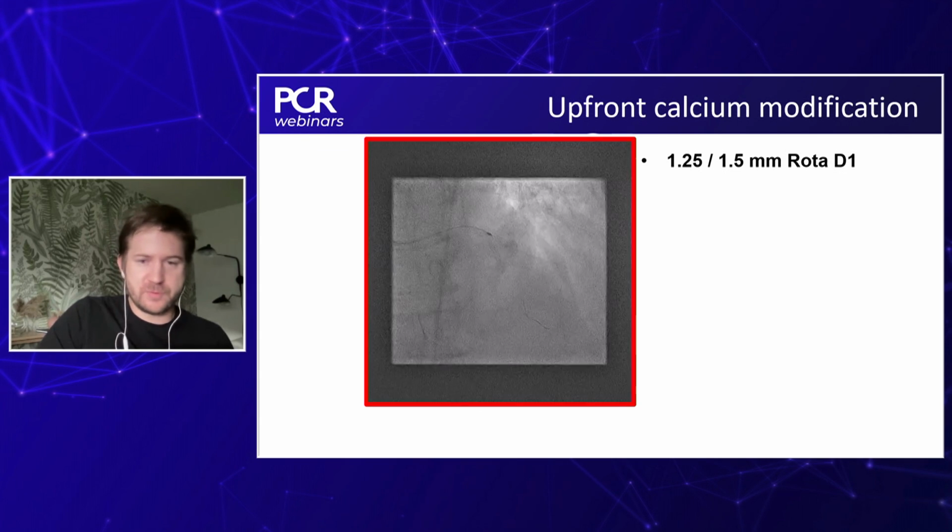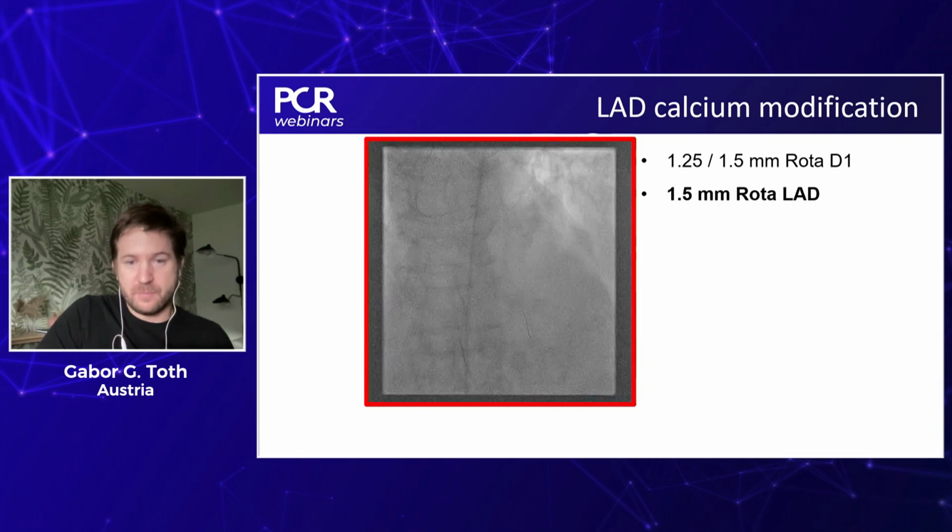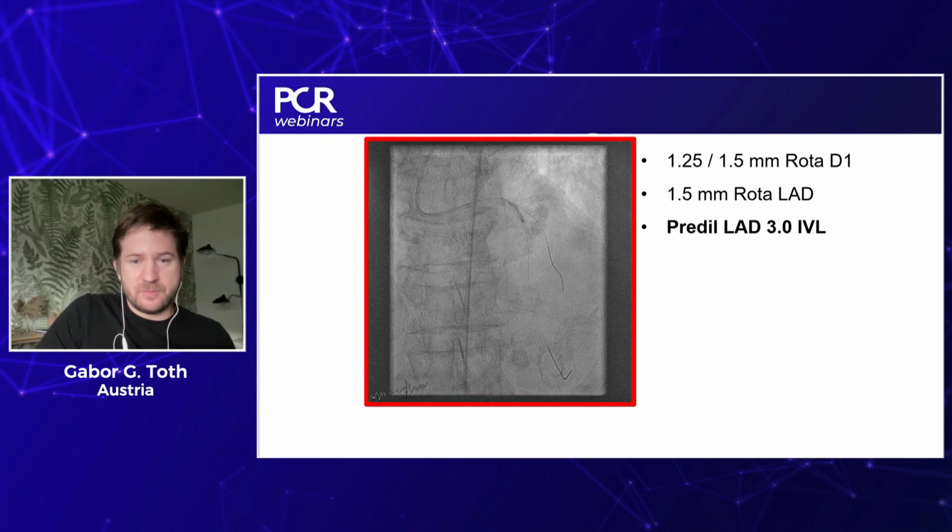So what we did, if you can see now the slides, I would like to show first what we did in the LAD diagonal bifurcation. So it was clearly a highly calcified lesion in both directions. So to achieve good lesion preparation, we performed 1.25 and 1.5 rotablation first towards the diagonal, and then 1.5 rotablation towards the LAD. After rotablation, it was still clear that we need further dilation in the LAD continuity. So we used here an